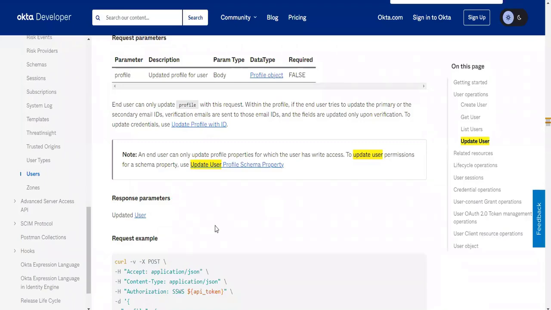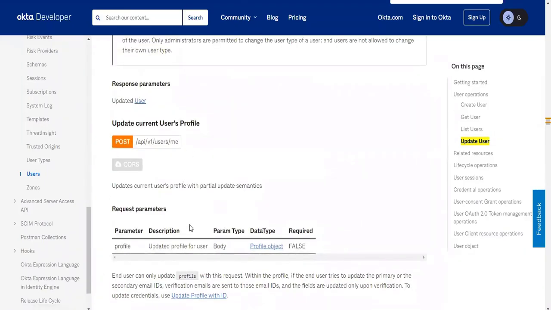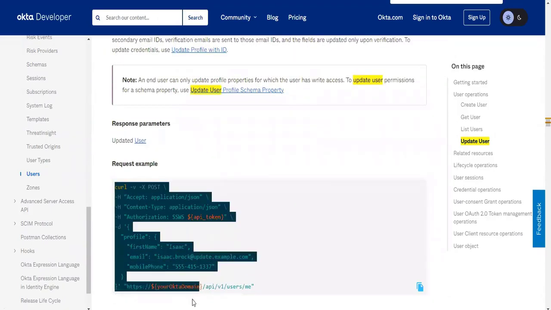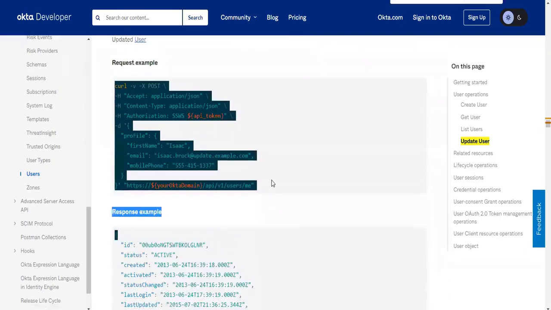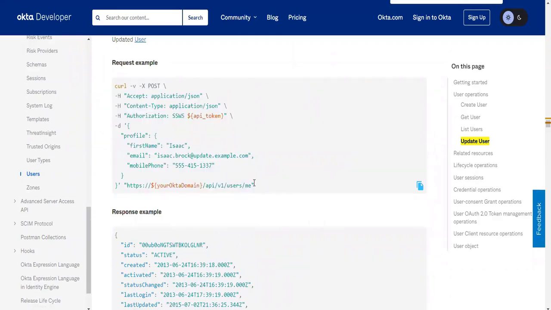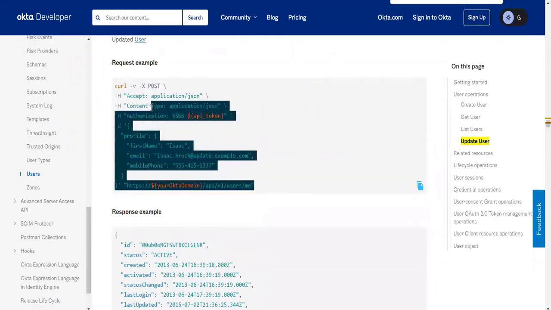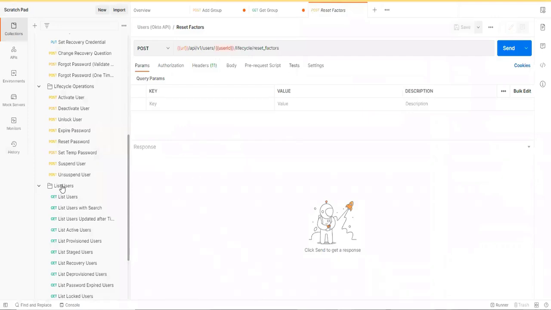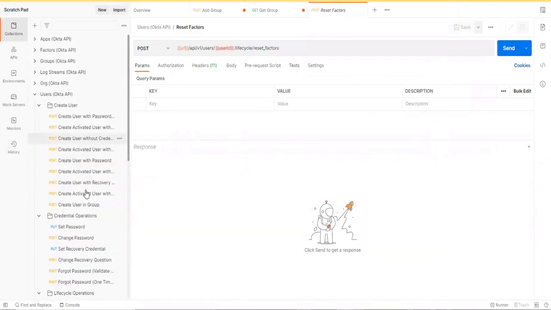So what you need to do is edit a user account with the help of this code only. It's not a predefined one actually. So you need to copy this code, and this API, let's say open this one.